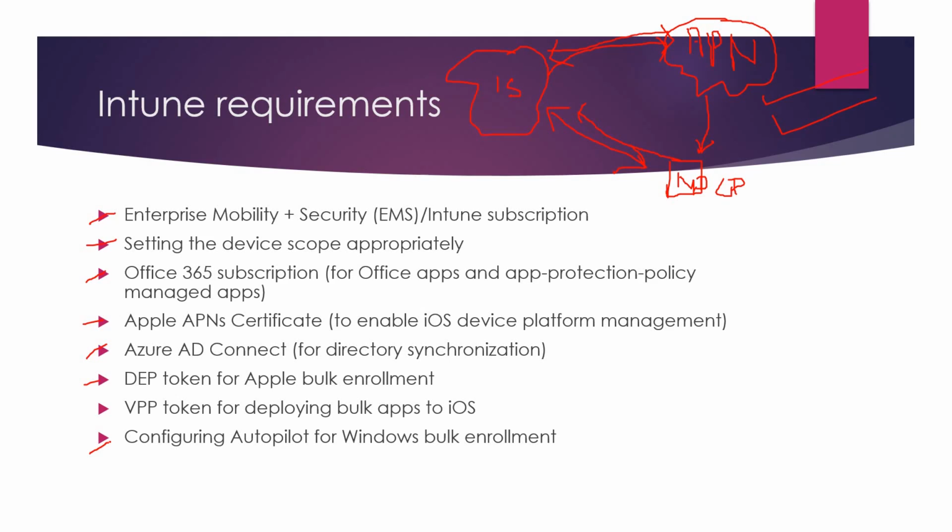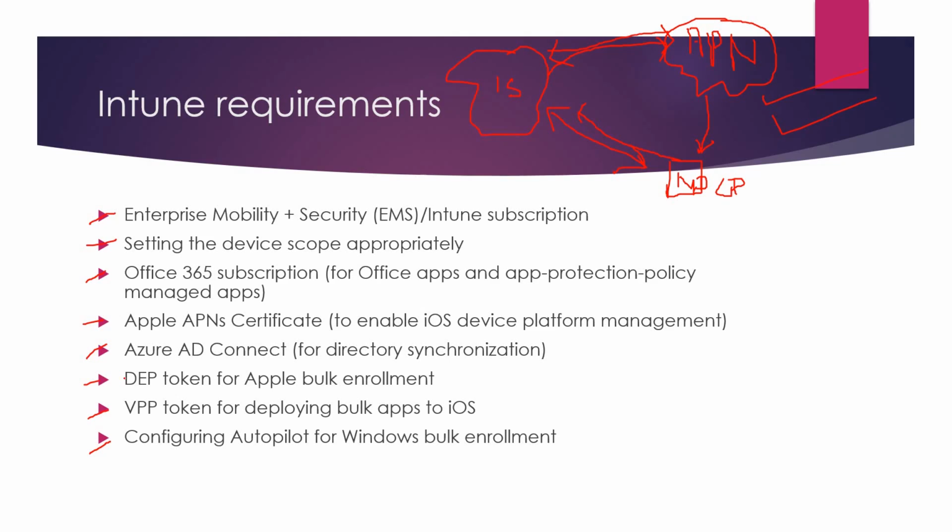If you want to do bulk enrollment of Windows devices, in that case we have to configure something called Autopilot. And we also have something called VPP, or Volume Purchase Program. It is for bulk deployment of applications to iOS. We won't go into the very details of that, but just for now, please understand that if we have decided to make use of iOS, one of the prerequisites which the user needs to fulfill is he needs to have